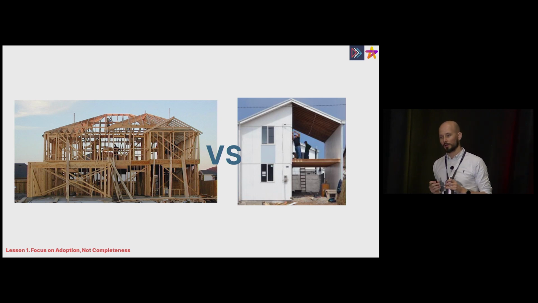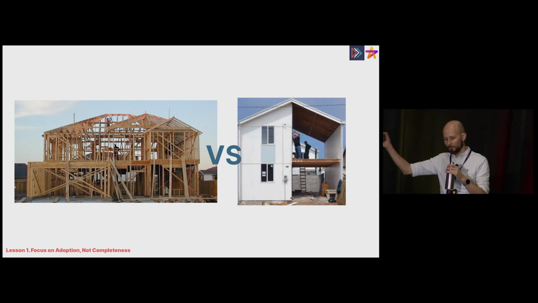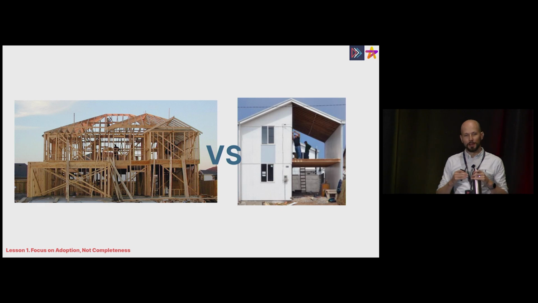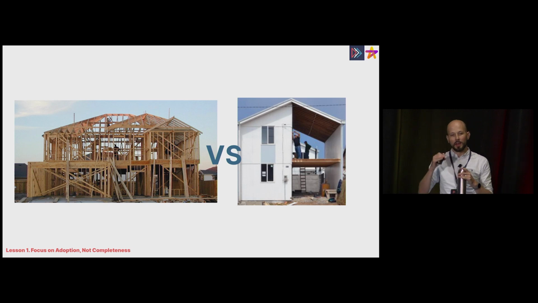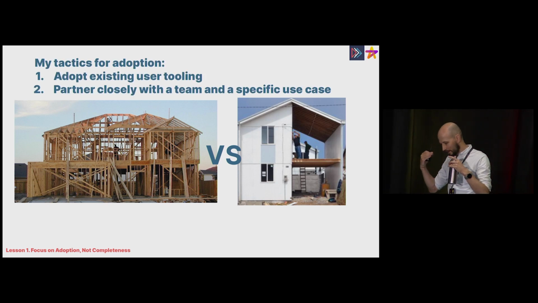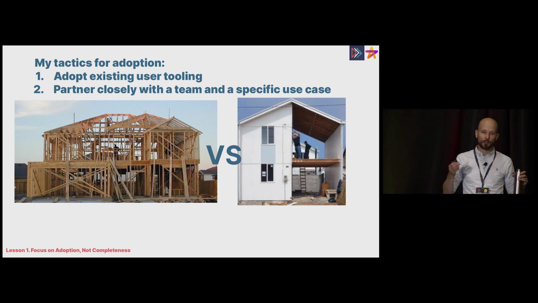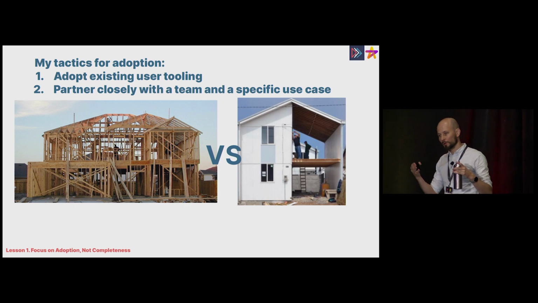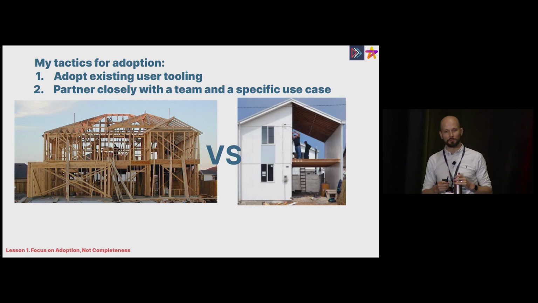I want to say instead, in terms of an ROI perspective, especially from a perception one, it's better to do what the picture on the right is doing. Try to find some minimal viable room that someone can use, and then continue to build out the rest of the house. And that's because, at Stitch Fix, people would get fired if they spent a quarter building something and no one ended up using it. And so I think it's important for these processes that you focus on trying to get adoption as quickly as possible. Very much akin to a startup trying to find product market fit. I want to say it's very similar for these processes.